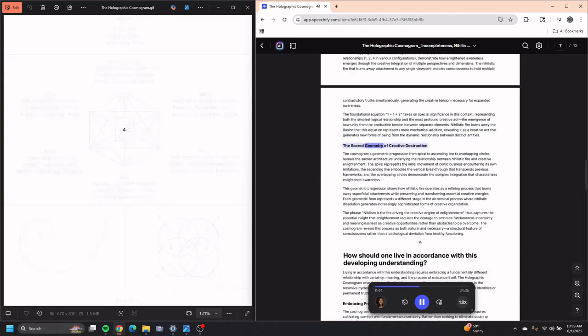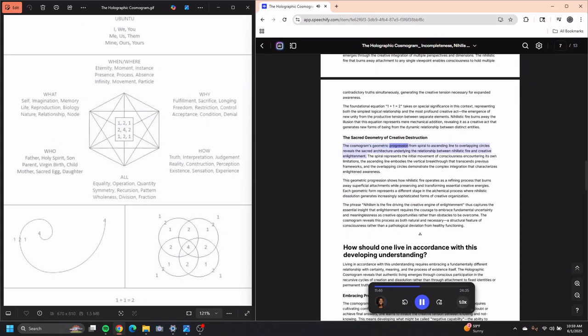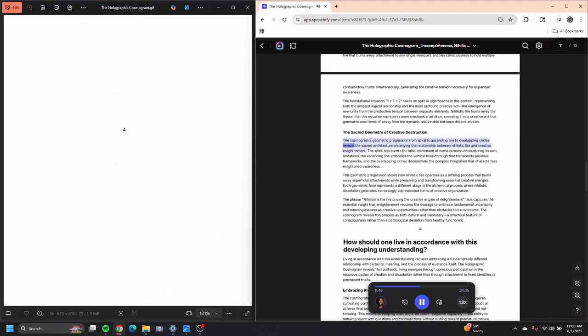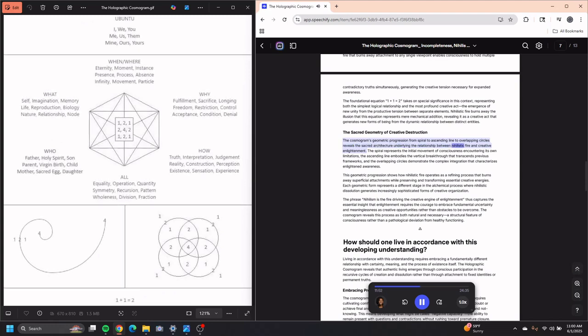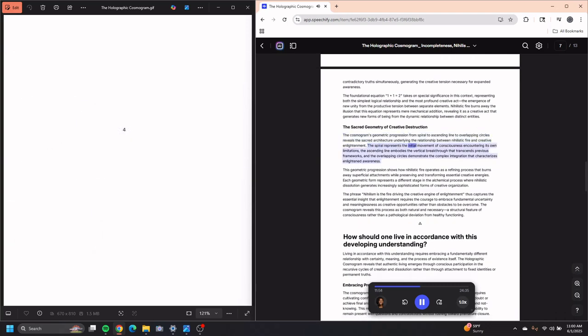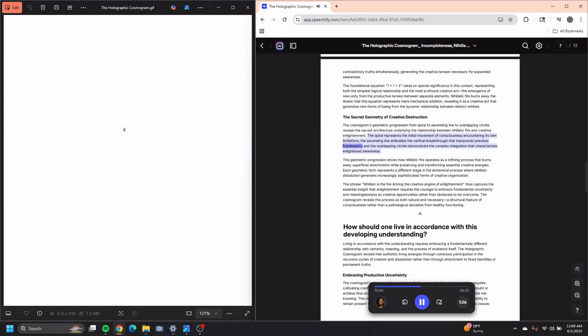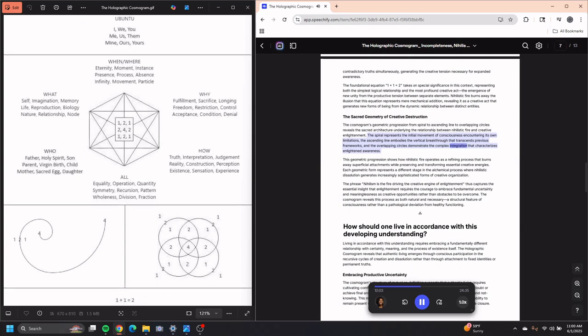The sacred geometry of creative destruction. The cosmogram's geometric progression from spiral to ascending line to overlapping circles reveals the sacred architecture underlying the relationship between nihilistic fire and creative enlightenment. The spiral represents the initial movement of consciousness encountering its own limitations. The ascending line embodies the vertical breakthrough that transcends previous frameworks, and the overlapping circles demonstrate the complex integration that